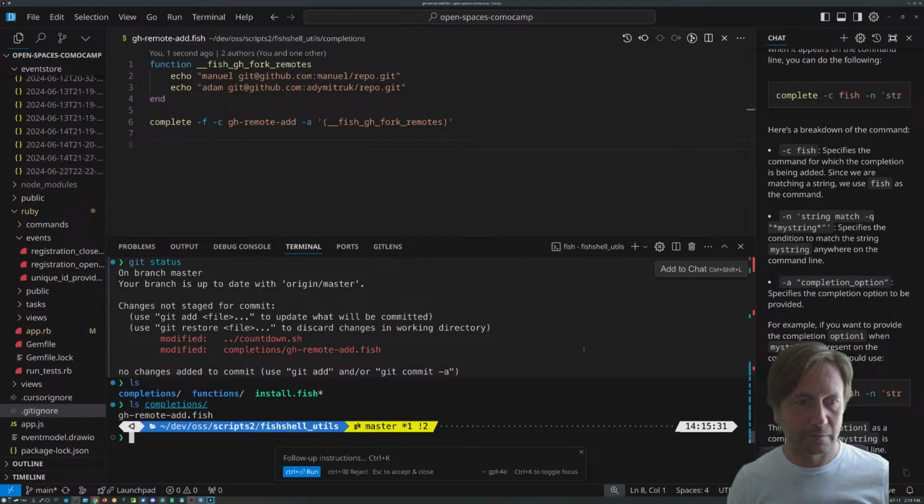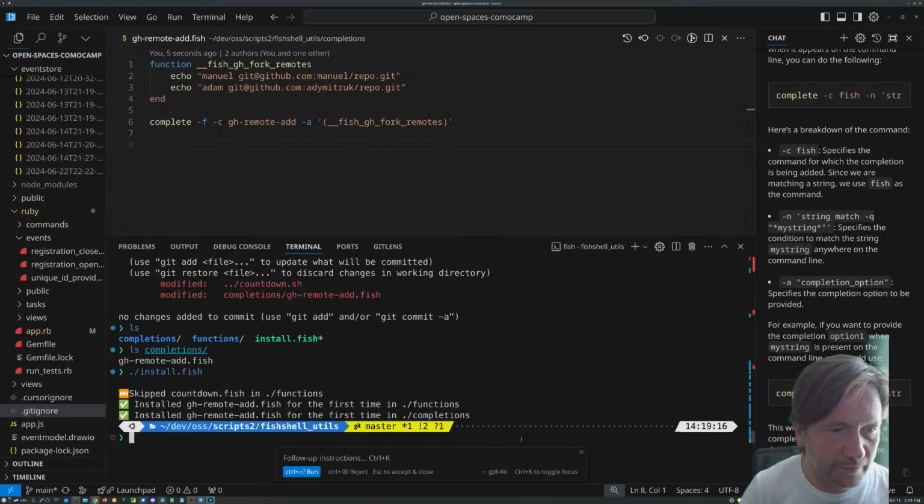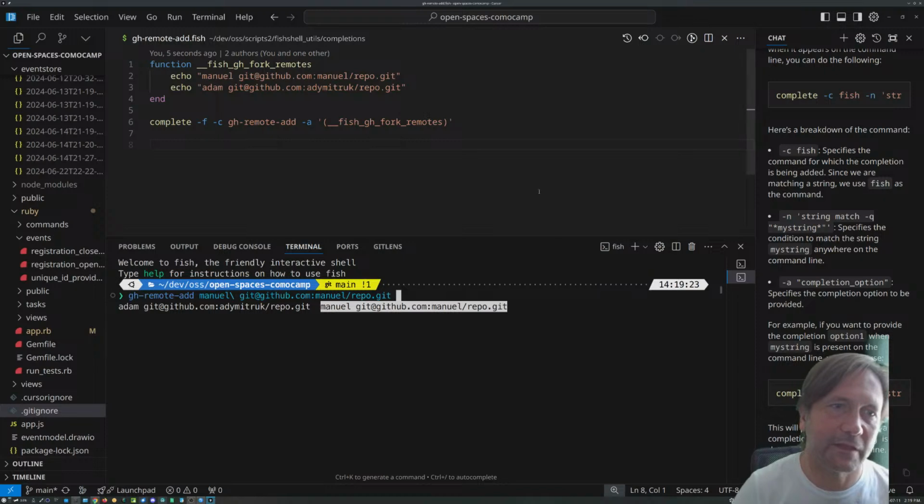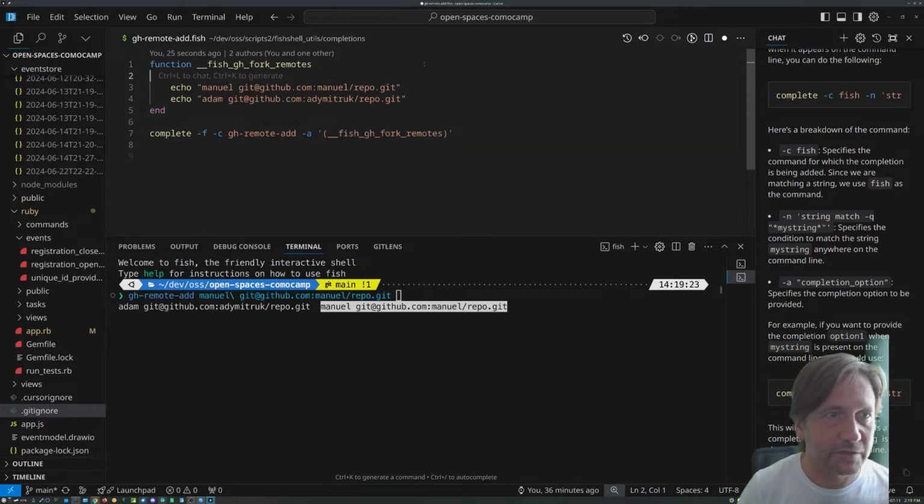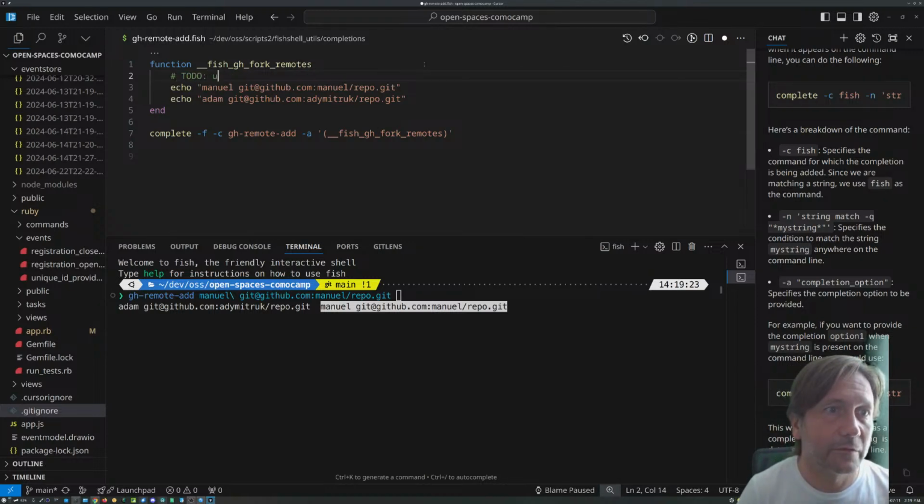And I think that's it. So if we do a dot install, okay, so install the function and the completion for it. So now if we do that and do a gh remote add, yeah, we got that. So now all we need to do is obviously this is to do use gh to grab all remotes